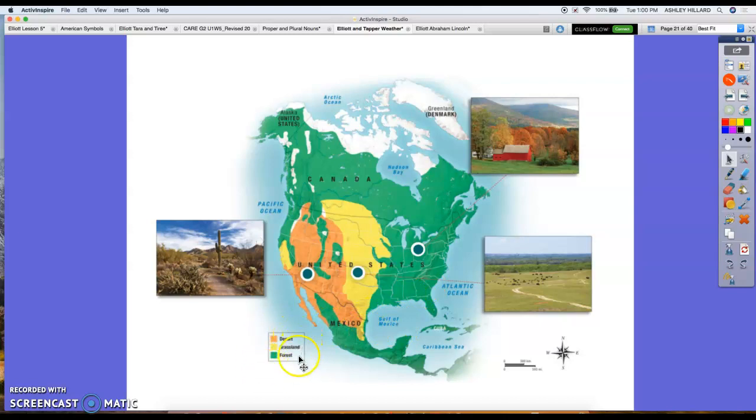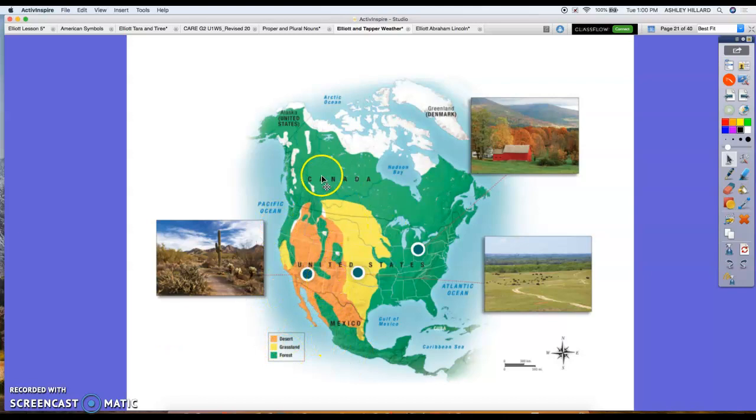This right here tells me what type of plant region are in these areas. I see lots of green, so there's lots of forest plant regions. We have grassland, which is the yellow region, and then desert, which is the orange region.